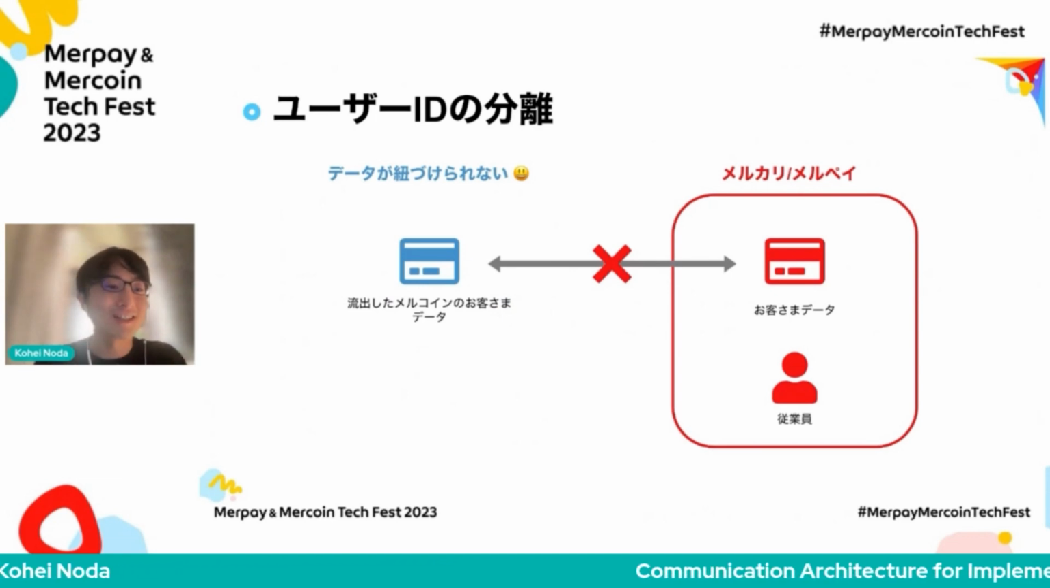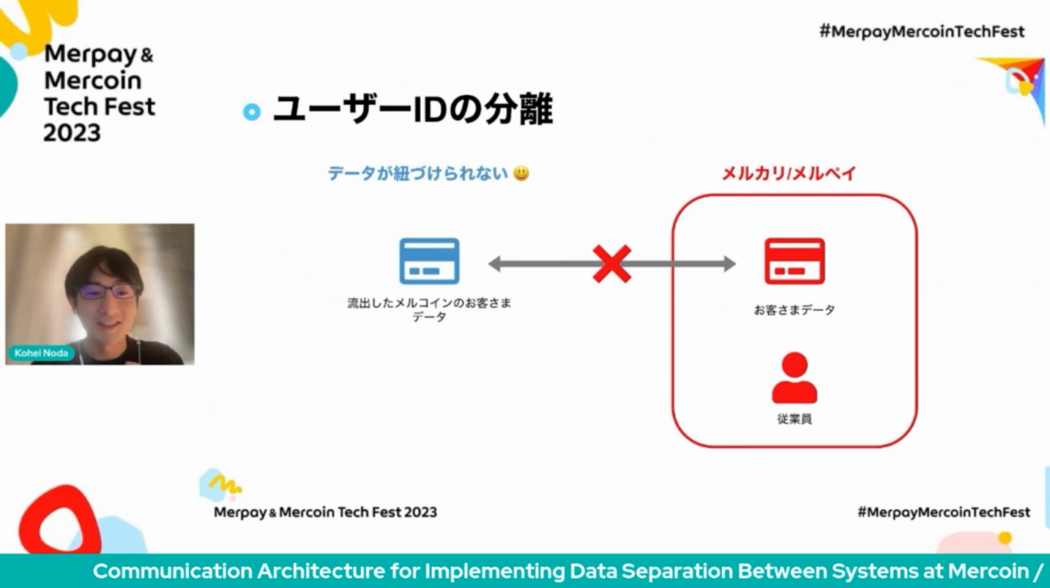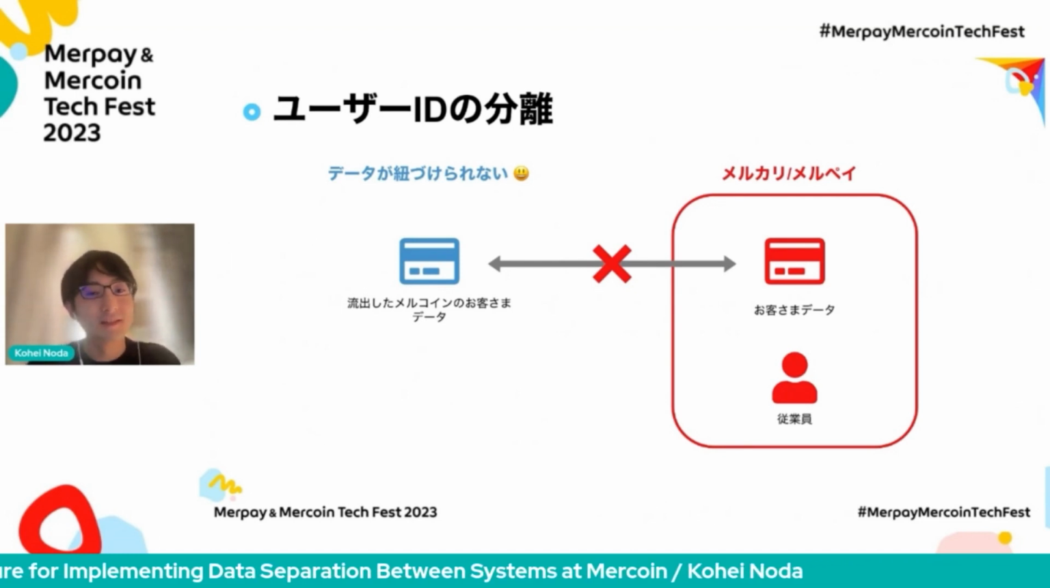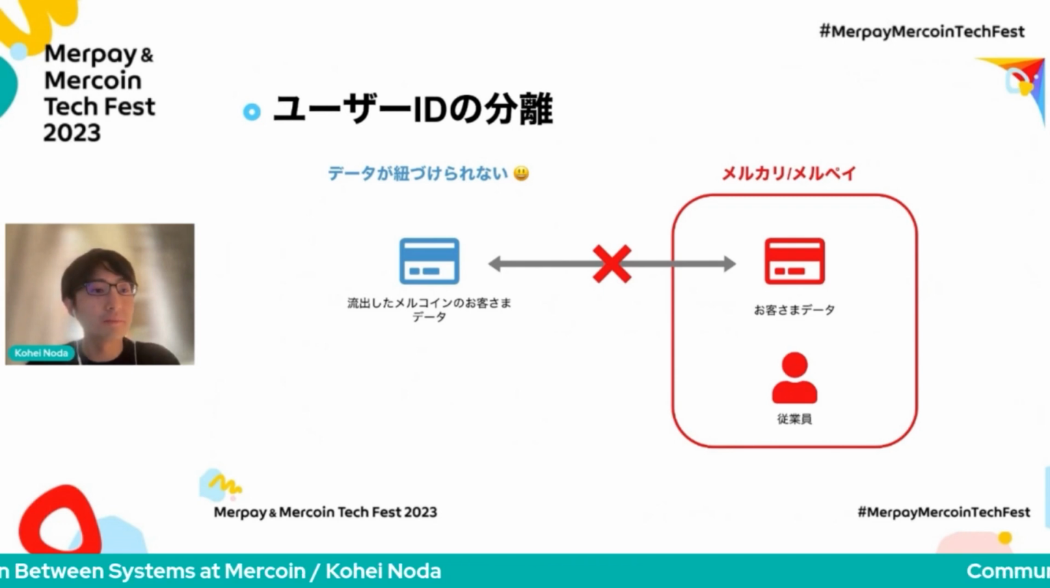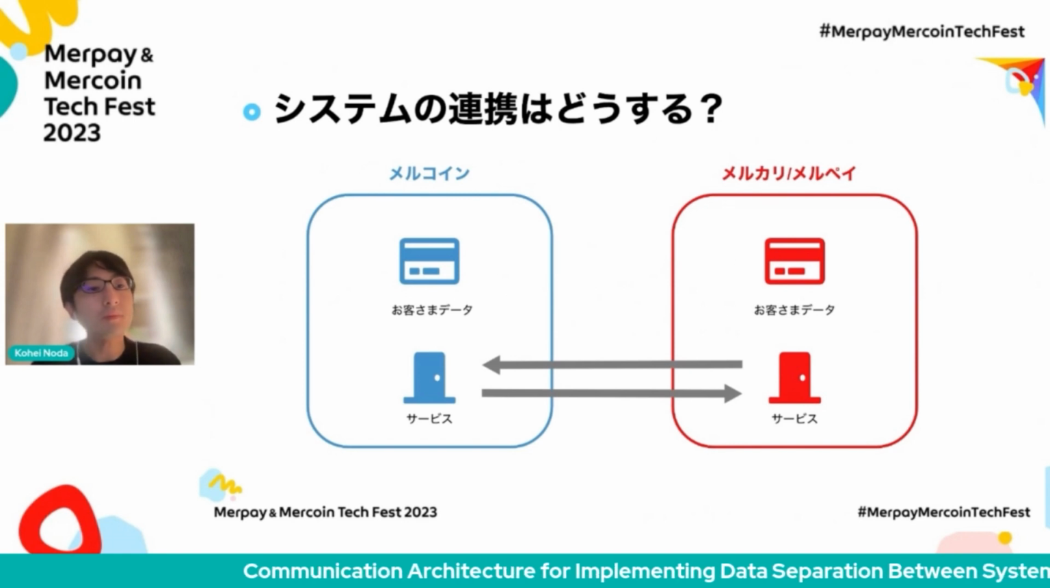This figure is the one that I mentioned a little while ago. Even if customer data has been leaked from Mercari Merpay, it would not be possible to immediately link it to the Mercoin customer data. By separating the user IDs in this way, it is impossible to link them in case of data leakage. But on the other hand,